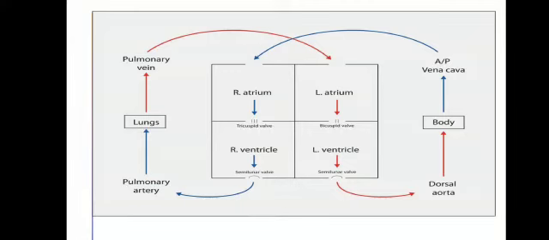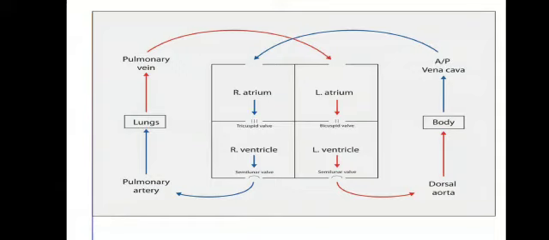This is another diagram which we can easily remember while writing the exam. So you see here, the right atrium or right auricle is there. So from where is the blood coming? The blood is coming from the body and it comes to the right auricle. Then it goes to the right ventricle, and through the pulmonary artery, that is the only artery which carries impure blood, it gives the blood to the lungs for purification. After purification, the pulmonary vein will give the pure blood to the left atrium.